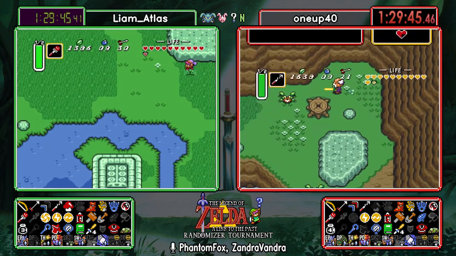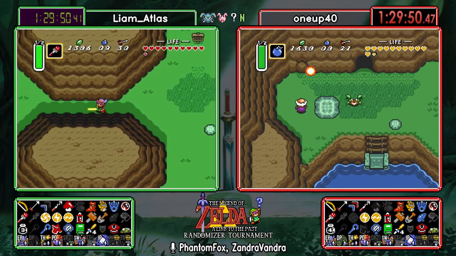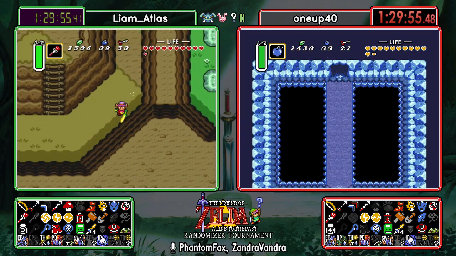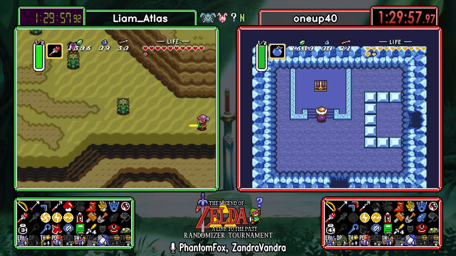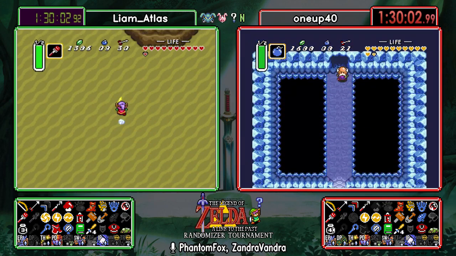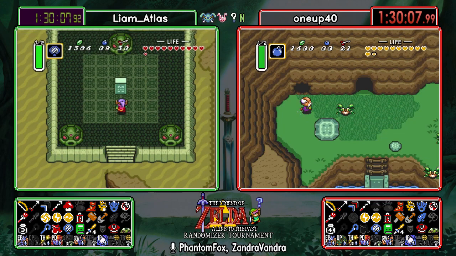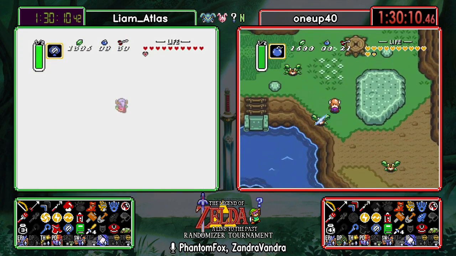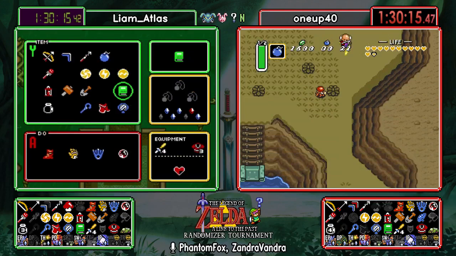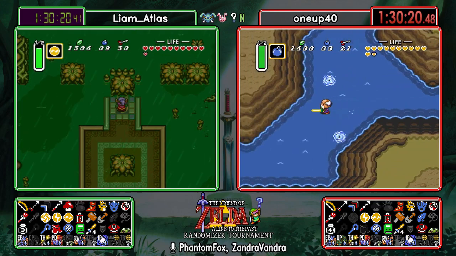Has OneUp dipped Mire, or is Grandpa just delaying the inevitable? Or trying to avoid the inevitable? Because it just might be somewhere else. Where else could it be? I mean, yeah, we have Swamp Palace. It could be in that big key chest back in Thieves' Town. That's a relatively quick check to make, but it's one that you really don't want to have to do if you could possibly avoid it. Yep, and even Swamp Palace isn't as attractive as it could be,